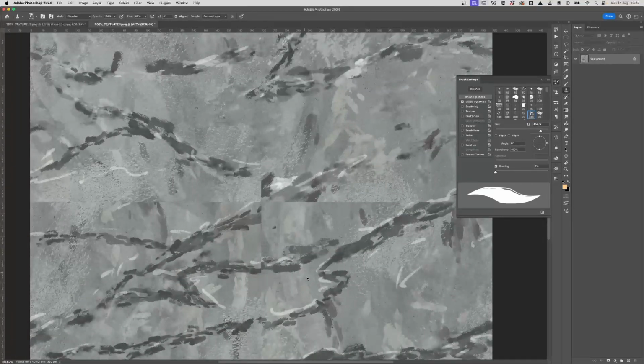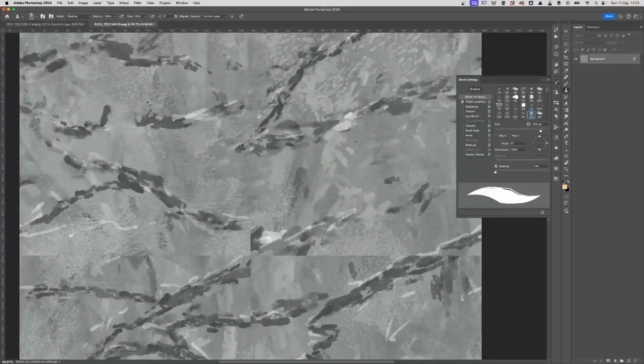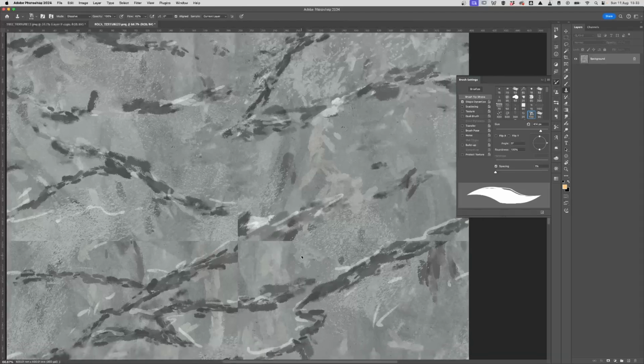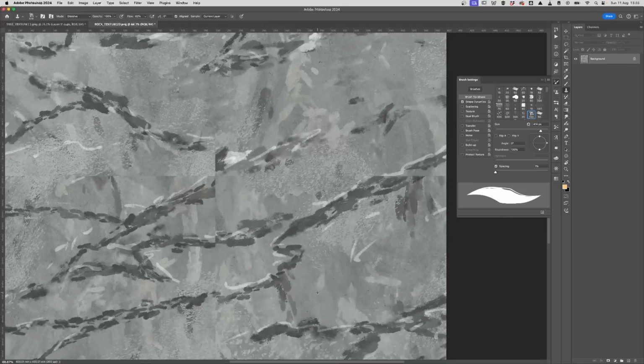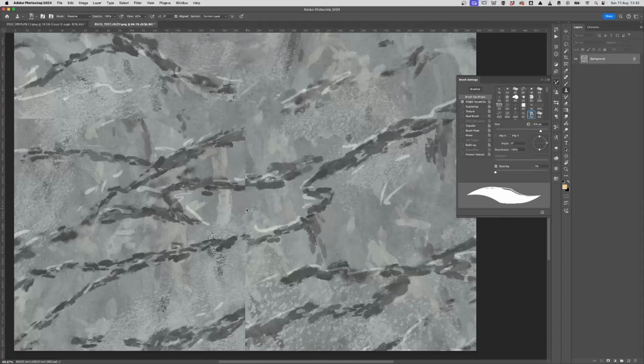So I'm trying to kind of match bits. So say there's a kind of texture like that there, I'll look somewhere else where there's a bit of that texture. So up here there's a bit of it, and let's cover up that bit there because we've already got a bit of that up there, and we're looking for a bit of this grey, so this bit's a good bit to sample from. And sometimes you might need to get the same brush that you used out to make those darker lines, just to kind of paint in some shapes, but I tend to just try and do it all with the clone stamp tool. So I'm just sampling these areas,